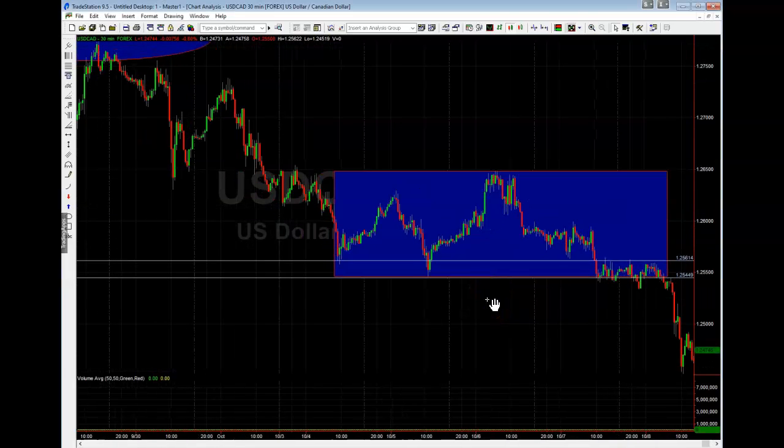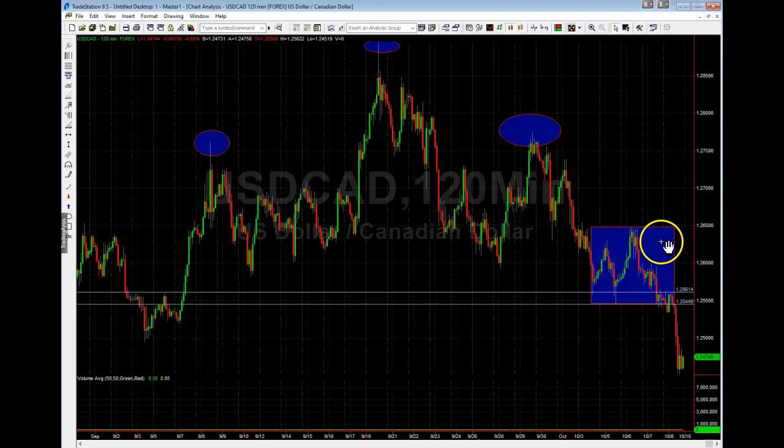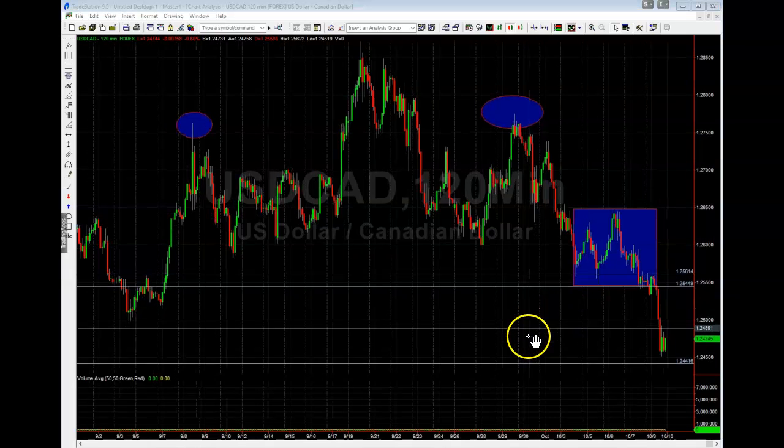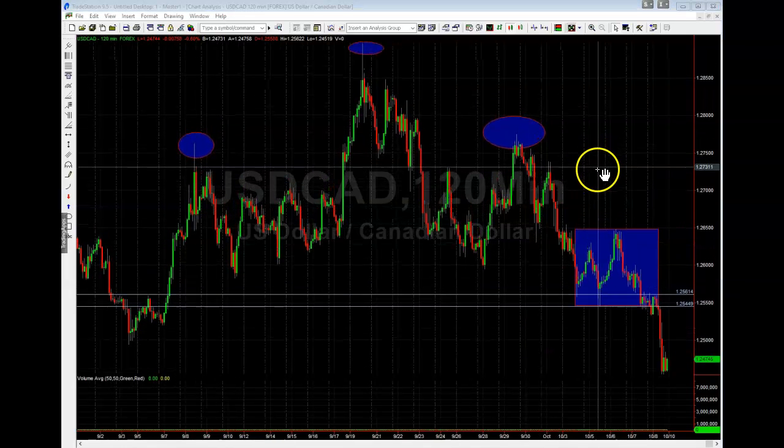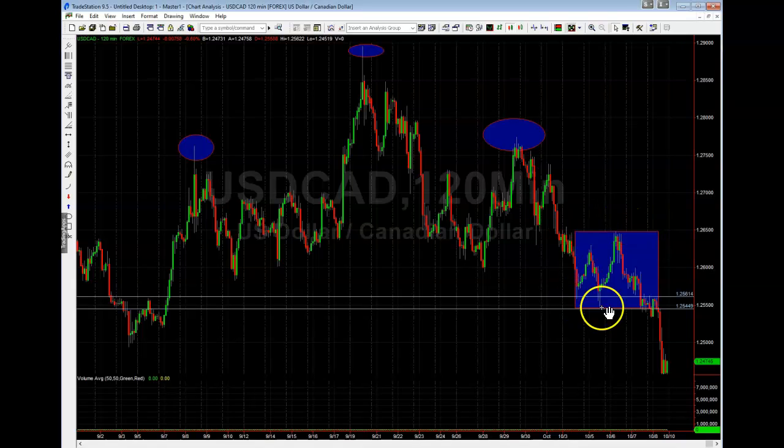But we want to always be completely cognizant of the bigger picture. So let's go to a 2-hour chart. You can see that's the area I was just talking about, right? So this is the support area, and then that's the breakdown, okay? But what we see time and time again is a smaller pattern within a larger pattern. So what do I mean by that? Well,